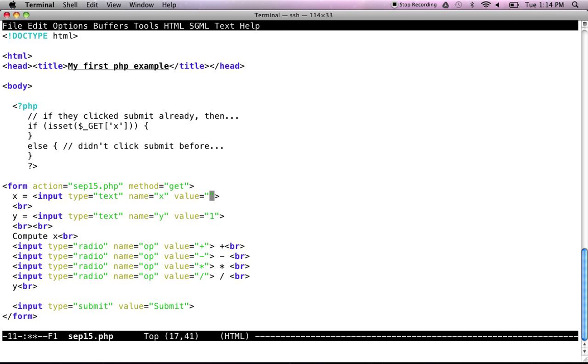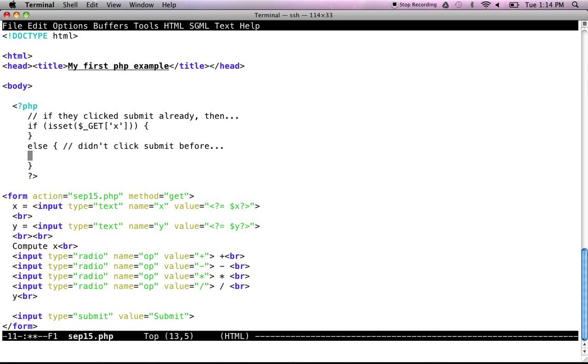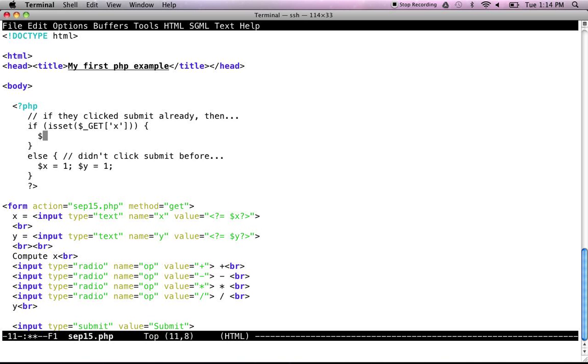One way to do that is to put PHP variables in there, x equals 1, y equals 1, unless they already have values.